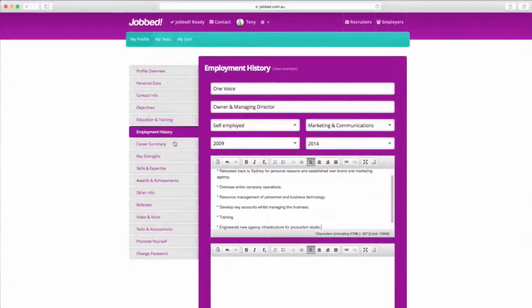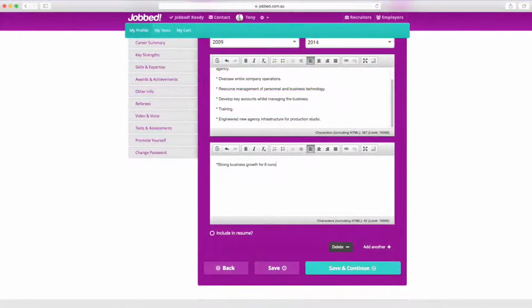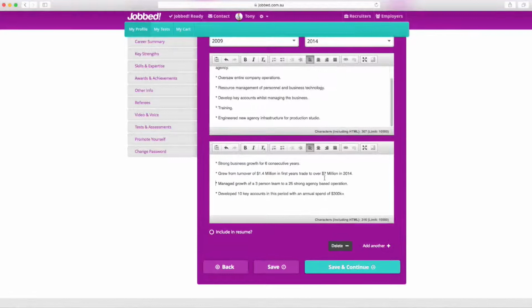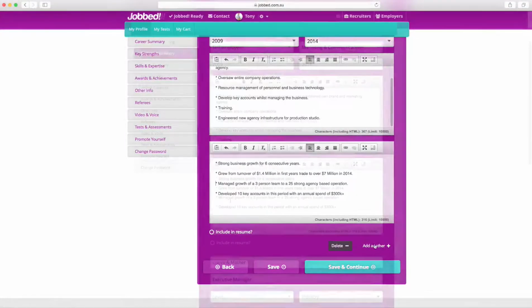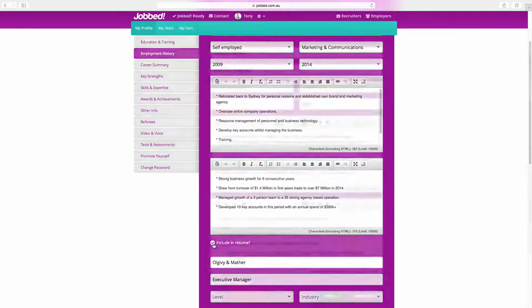Note how he separates and distinguishes between different roles within the same company, entering each as a separate position. The position description, key responsibilities and notable achievements being specific to role type are therefore entered as separate positions. You will also note that under each position there is a checkbox you can tick so that position gets displayed